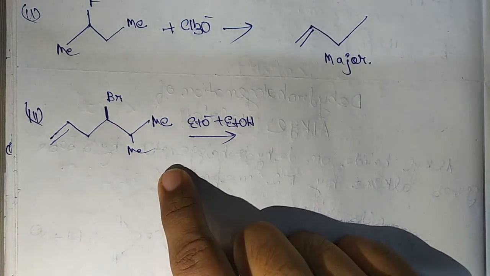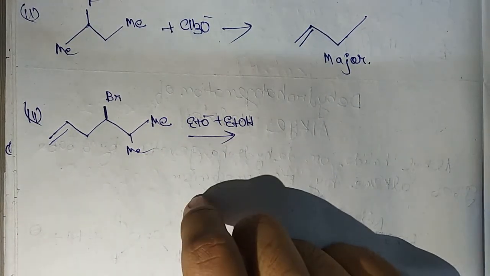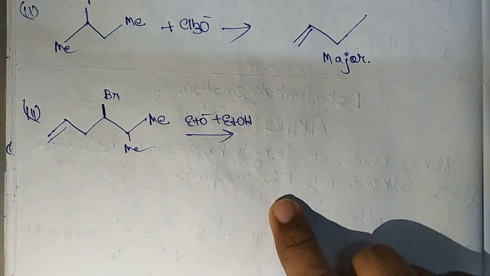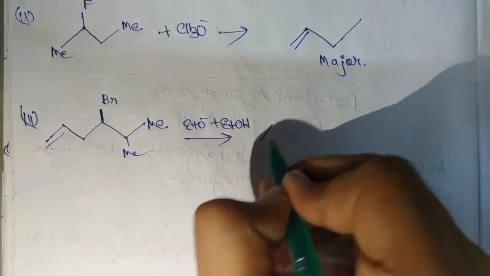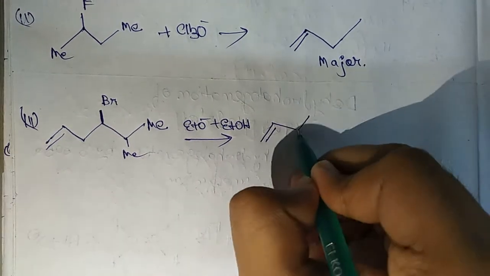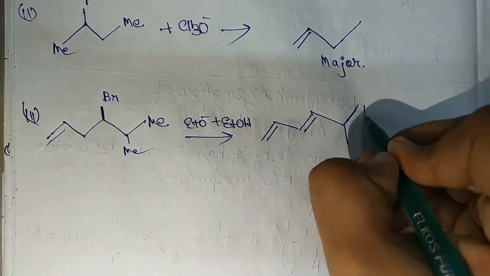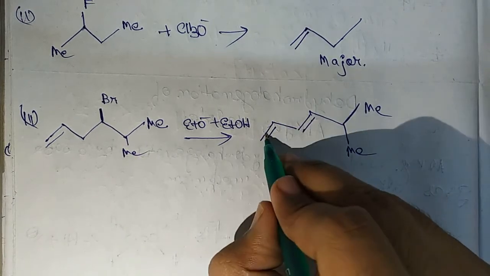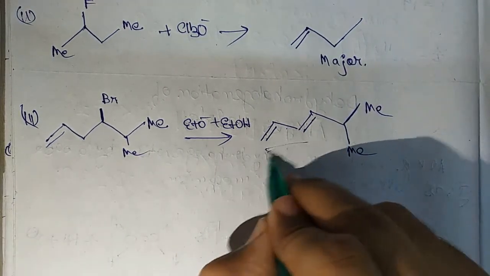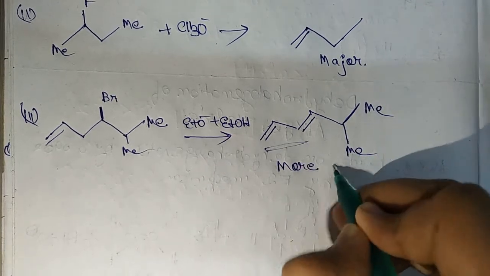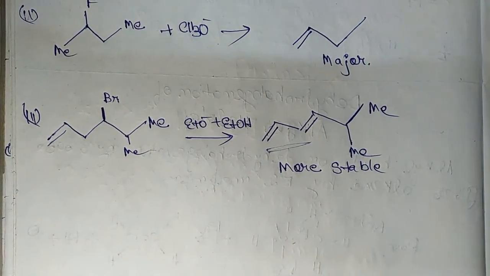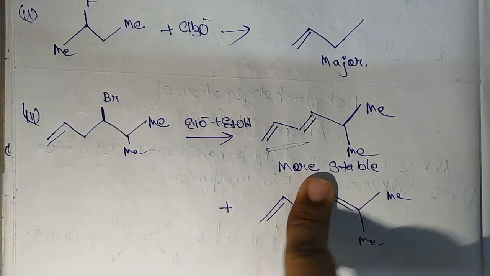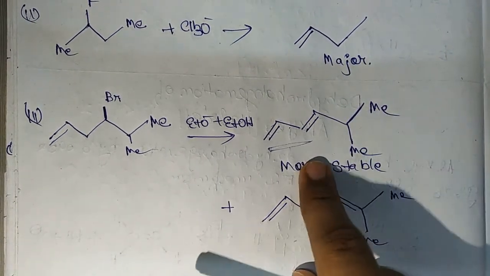This is a rare or exceptional case. Here in this reaction the less substituted alkene will be formed. The reason is that it gets conjugated. We have a double bond, single bond, double bond adjacent to each other, so it is conjugated. So it will be more stable than this other product, and it is actually the Hofmann product, because it is less substituted.